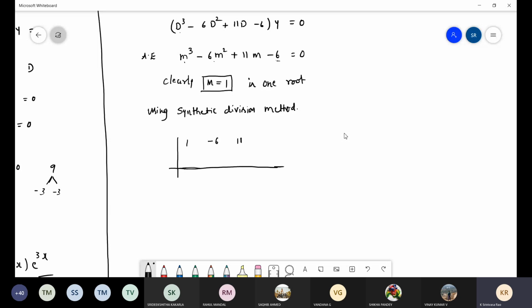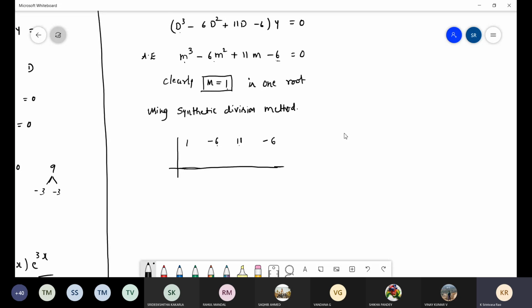I will give you the time, because this is the first problem. What is the synthetic division method? It is how we reduce a cubic equation to a quadratic equation, meaning the degree becomes one less: fourth becomes cube, cube becomes square, like that. To reduce, first you have to calculate one root by trial and error, any one number. After that, you write the coefficients: m cube is 1, m square is minus 6, m is 11, and the constant is minus 6.